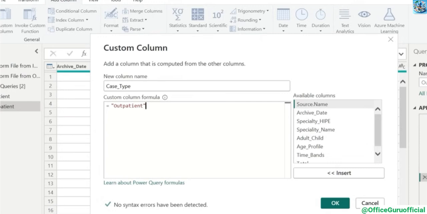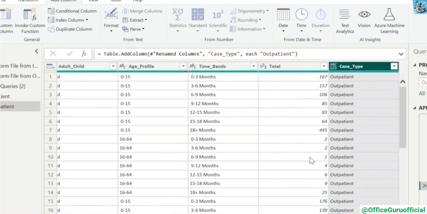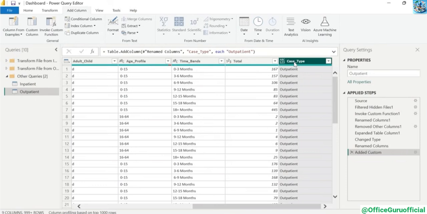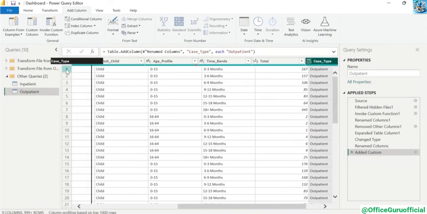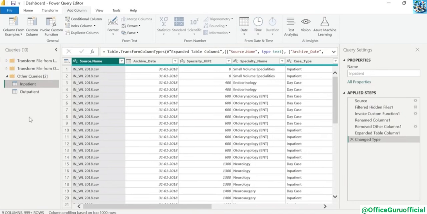Just so that you know, we can enter complicated formulas as well in this section, like if formulas or any other aggregation formulas to derive a certain column. Now after this, I'm just going to press OK. So it will create a new column and I'm going to drag it in the same position as it was in inpatient. So the next step in transformation is for me to append both of these data together and